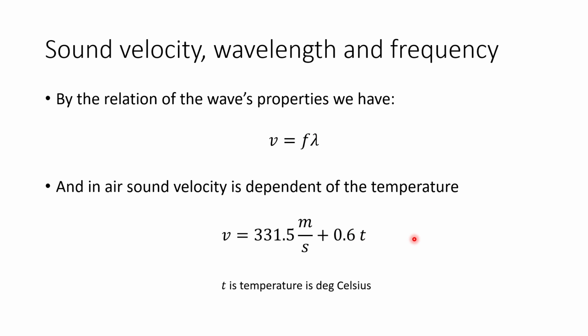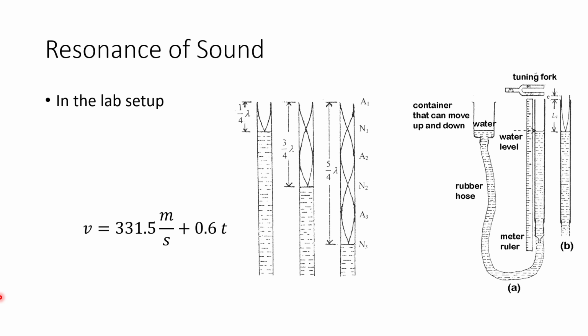So there are two ways in this lab that you could calculate the velocity. One is multiplying the frequency with the lambda. The other is using the known temperature to calculate velocity. In this case, we'll use resonance to calculate velocity and compare it with the theoretical value that you could obtain from this second equation once you know the temperature. So in the lab setup, once you get into the lab, you go ahead and read the temperature in Celsius, plug it into this equation. This is going to be your theoretical value. And then